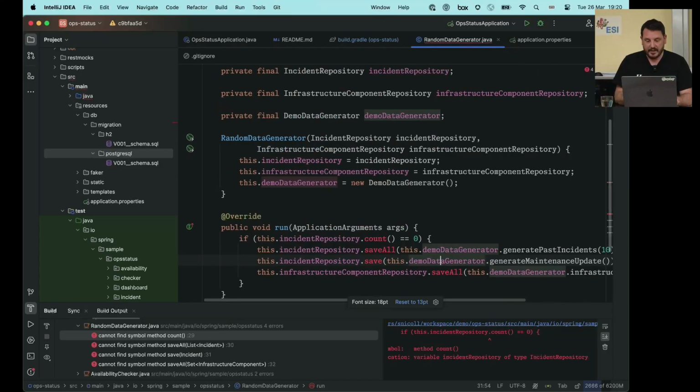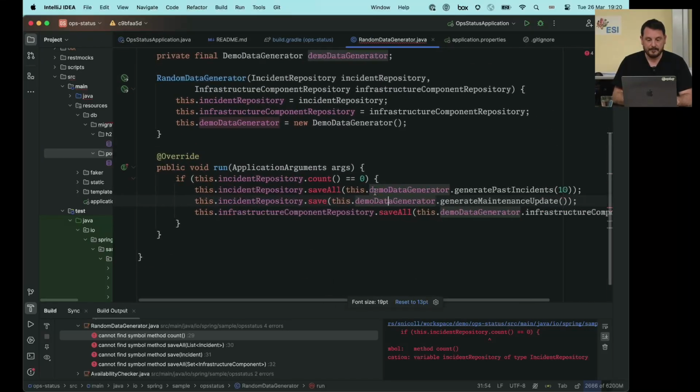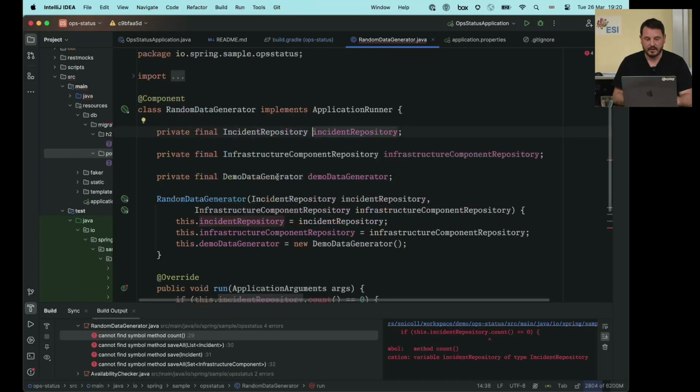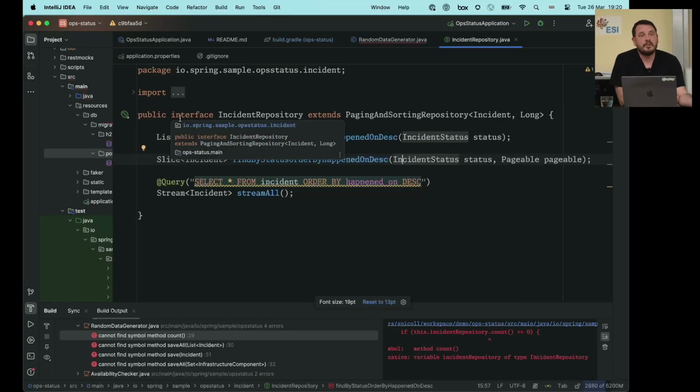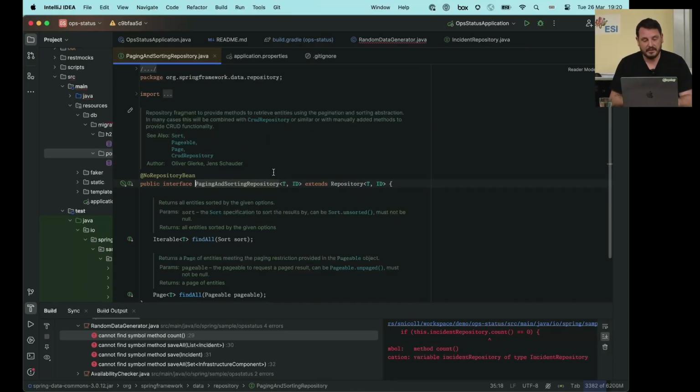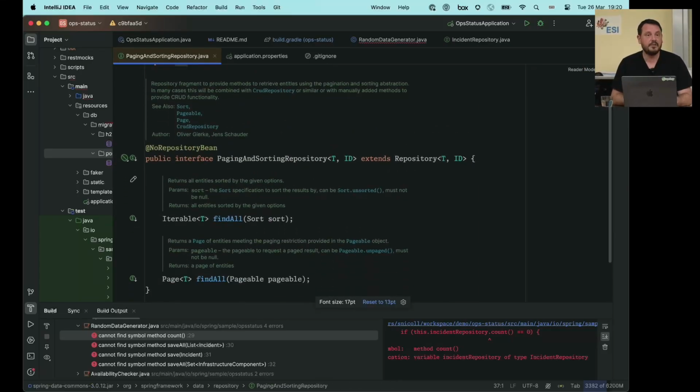All right, my app doesn't compile anymore. Great. I can see that some methods on my Spring Data repository are gone. The reason is that a major upgrade is an opportunity for the team to harmonize things and make changes they couldn't do in a feature release. So in this case, they've decided to split the repository structure a bit more. If you had this repository, which essentially includes paging and sorting, so being able to request a page and being able to sort on the result,